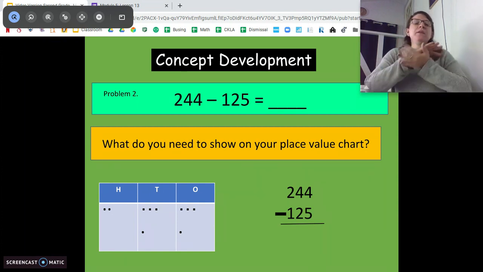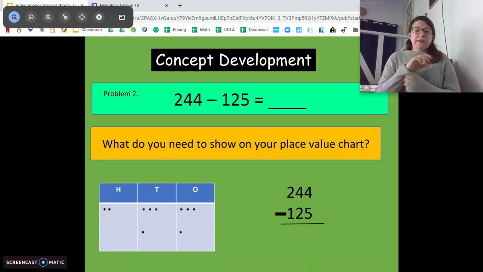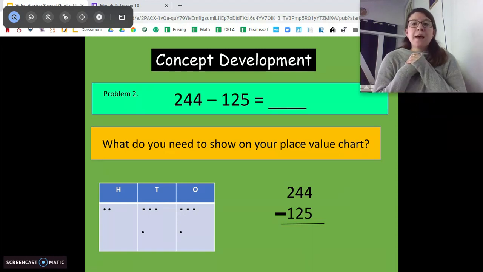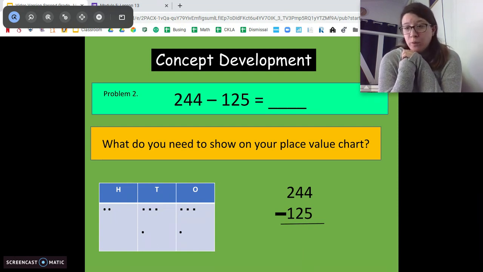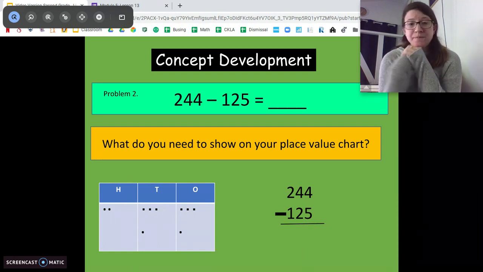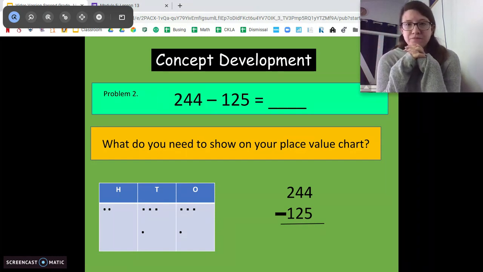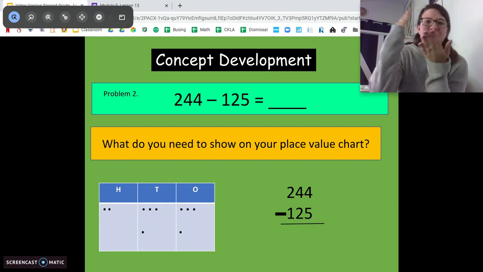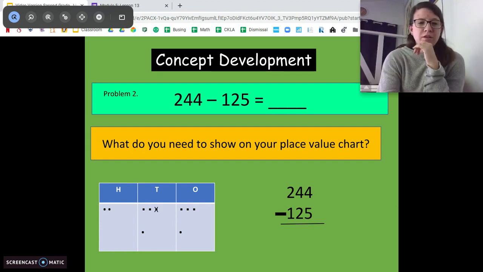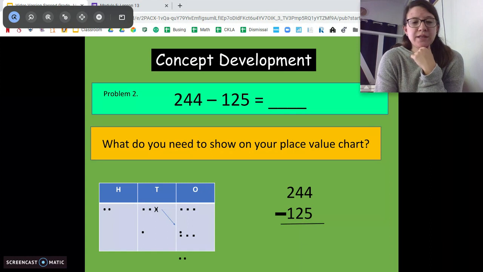Ready? Let's go over it. So I have 244 in my place value chart. I'm going to start with my ones. I'm noticing I have to take 5 ones away. Can I take 5 away from 4? No, right? So what do I have to do? Good. I got to cross out a 10 and move 10 over. So I'm going to do that on my place value chart. There's my 10. And then I'm going to show that on my vertical method. I'm going to cross out the 4, change that to 14, and then now I only have 3 10s, so